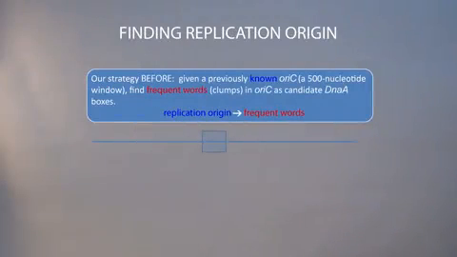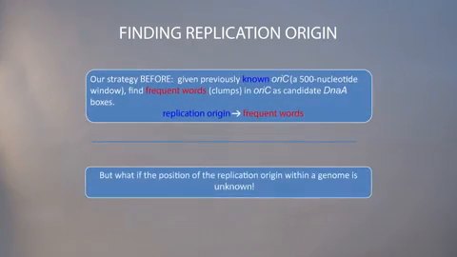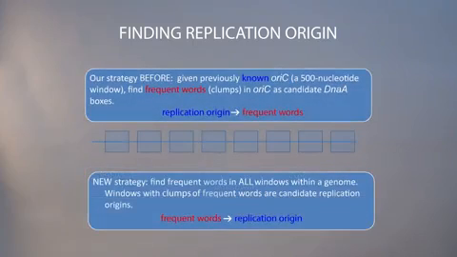So what we were doing before, we assumed that the replication origin region, maybe 500 nucleotides long, is known. And in these replication origins, we were finding frequent words. For example, in this window, we found 4 frequent words that appear 4 times. So it gives us a hint that maybe it is a DNA box. But if we don't know the replication origin, what should we do? Maybe we should look at all possible windows in the genome. And if in a particular window we find some frequent words appearing many times, it's a hint that maybe we